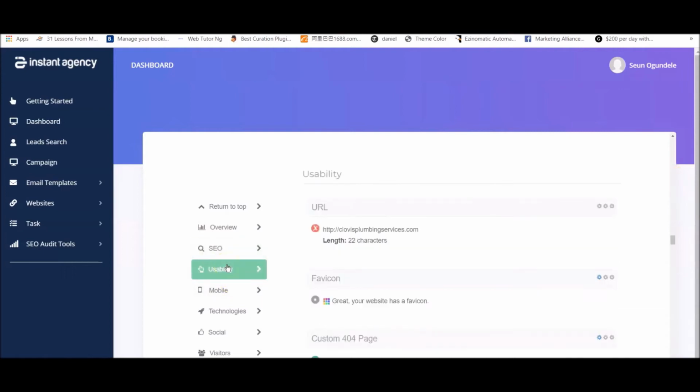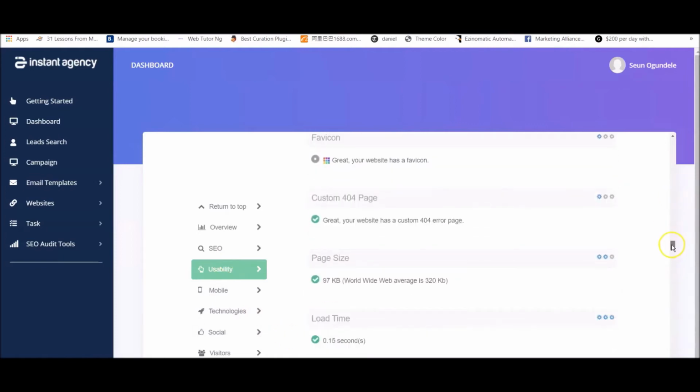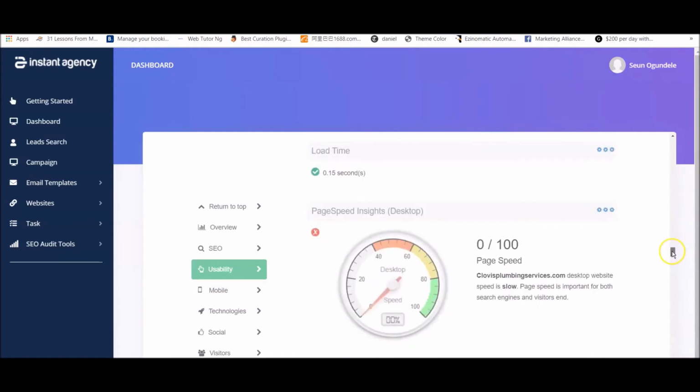You can either click from here, you can see length 22 characters, rates your website as a favicon, custom error 404 page. Can you see that? You can see the speed. If the speed is very slow, then you see like here it says speed is slow. So you can optimize their website for them and charge them for website optimization to improve the speed of their website. There are a lot of plugins that can do that, and you can as well access all these services